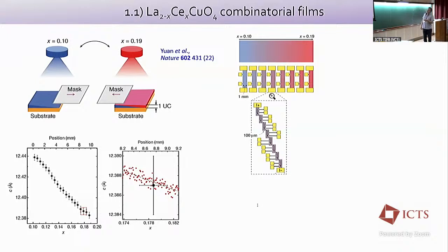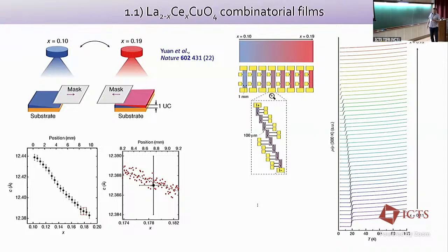And so you can get across this thing, say, 8 different doping levels, but then within each one of those, you can pattern it further to get an extra 8. So you get a whole number of very finely spaced X values to allow you to study in a very systematic way the evolution of the measurements. And you can see the sort of beautiful evolution on the single film of the superconducting transition temperature, how it just gradually disappears, and you recover sort of more curved compared to this sort of linear regime at low temperatures